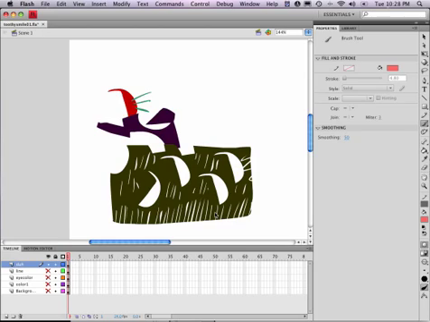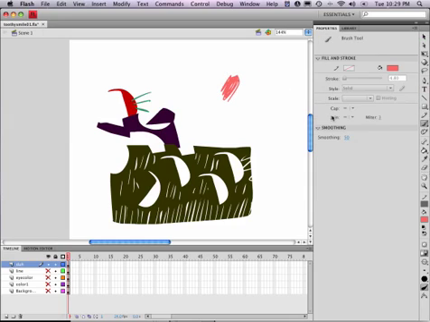Okay, just one more thing I wanted to show you about Flash drawing modes. With the brush selected, I can go down here and turn this on, this object drawing mode. Actually, before I do that, I'll turn it back off. And just to repeat, if I draw something in Flash,